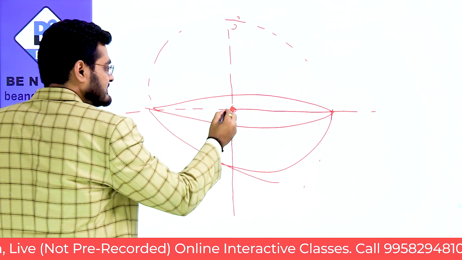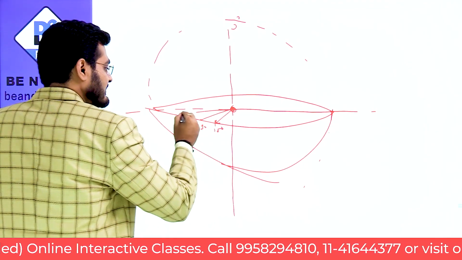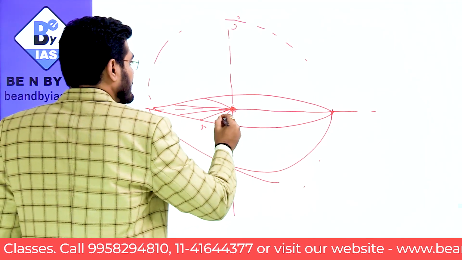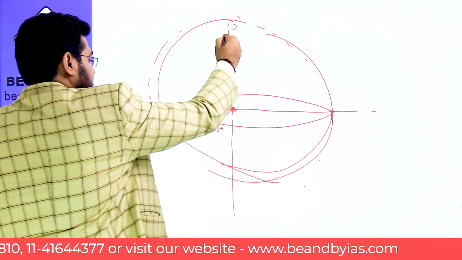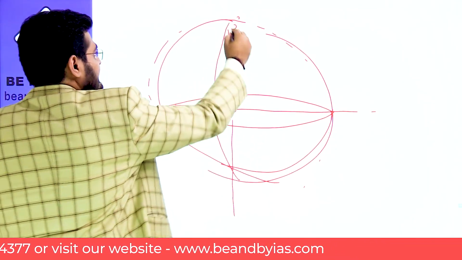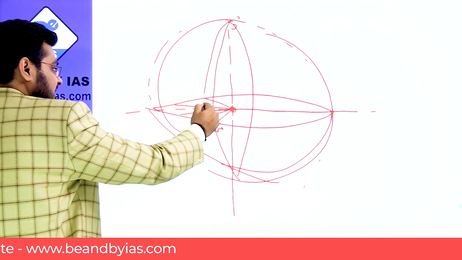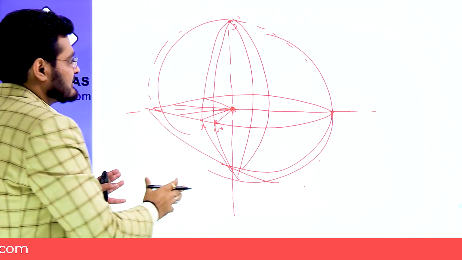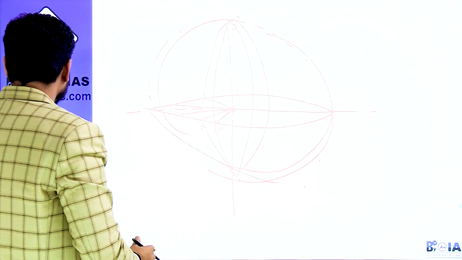This is your 15 degrees. This must be your 30 degrees. And this is how it increases. When we complete a full circle, a full sphere, the line passing through this 15 degree would be the 15 degree longitude. The imaginary line passing through this 30 degree would be the 30 degree longitude, and so on. So this is how longitude is decided, and the degrees are kept.